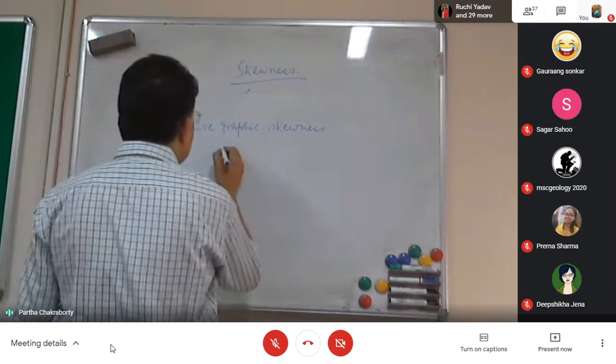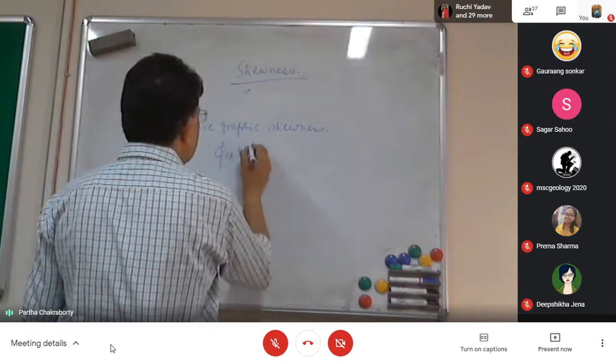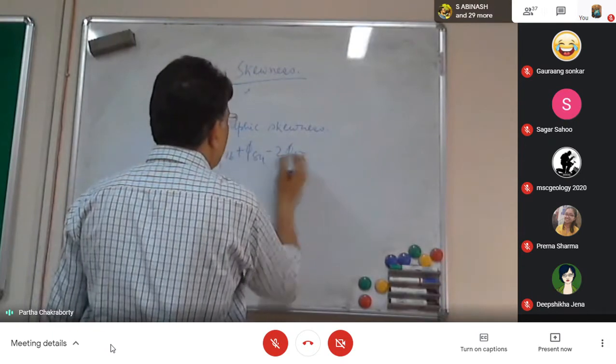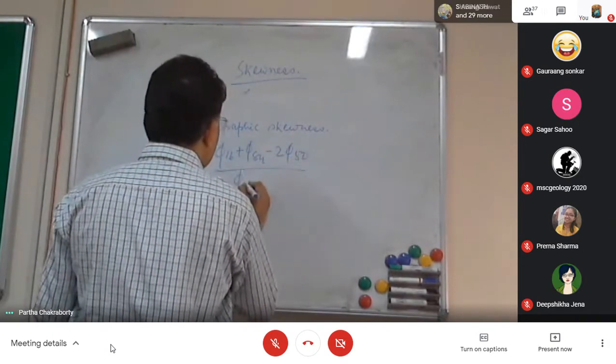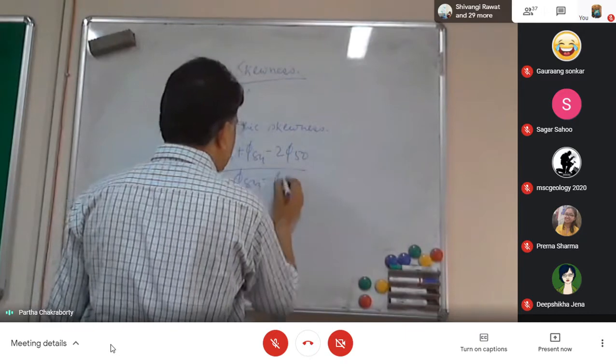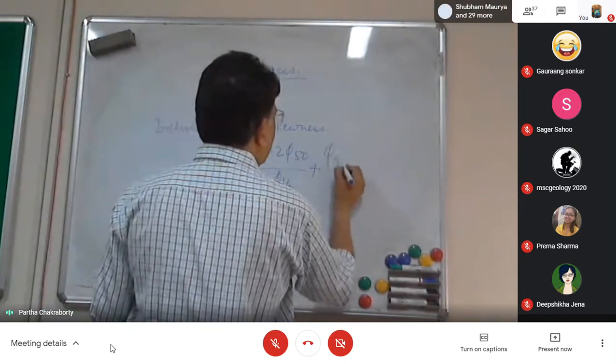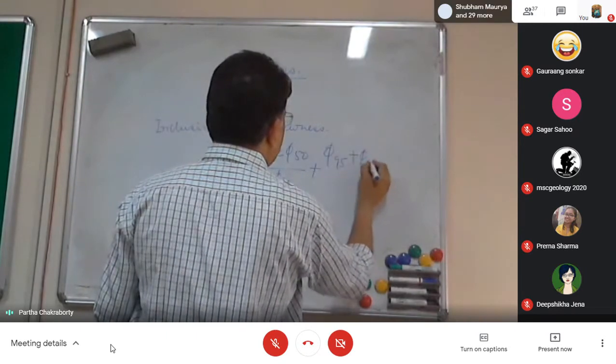And what is that equation? Phi 16 plus phi 84 minus 2 phi 50 by phi 84 minus phi 16 plus phi 95 plus phi 5 minus 2